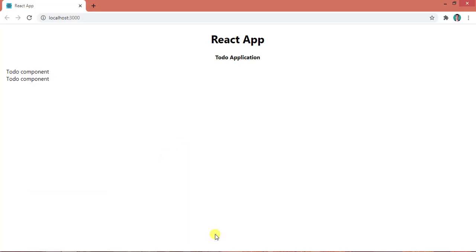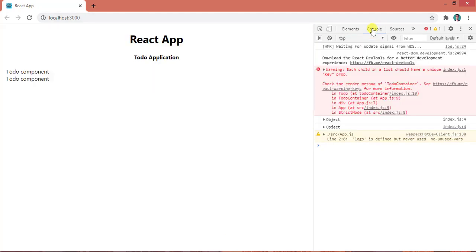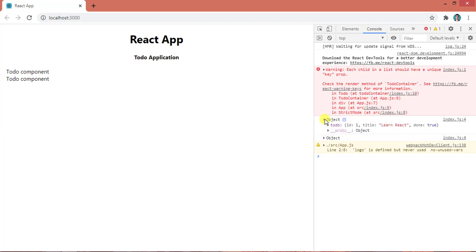Do right click and go to inspect mode, and from inspect mode let's select console from here. Okay, so you can see here I am getting these 2 objects. Let's open the first object. So here I have one property called todo, and this is the object that I am passing, I am getting here.